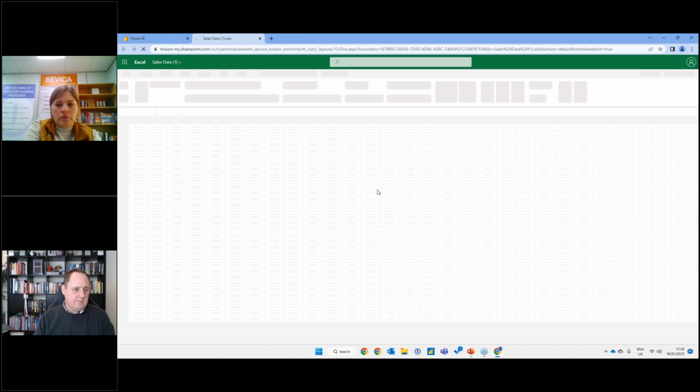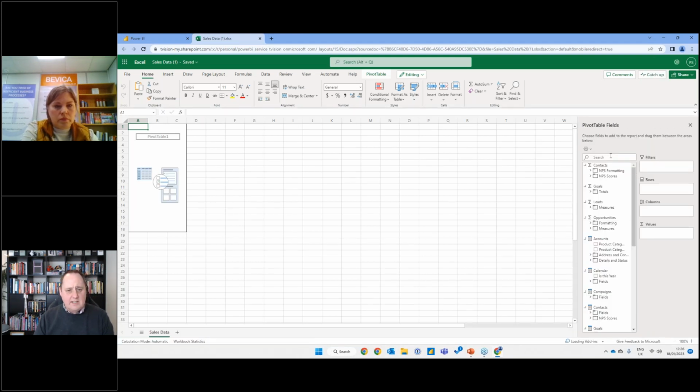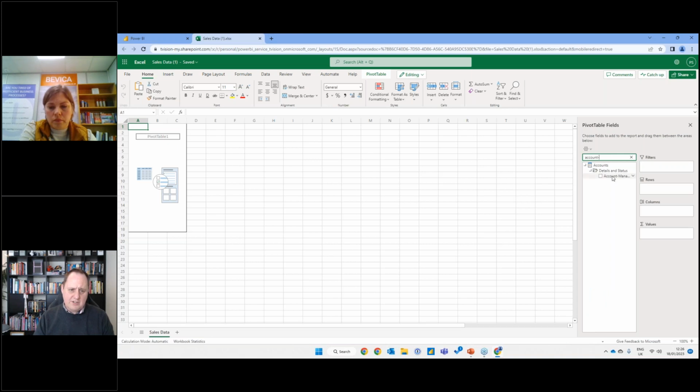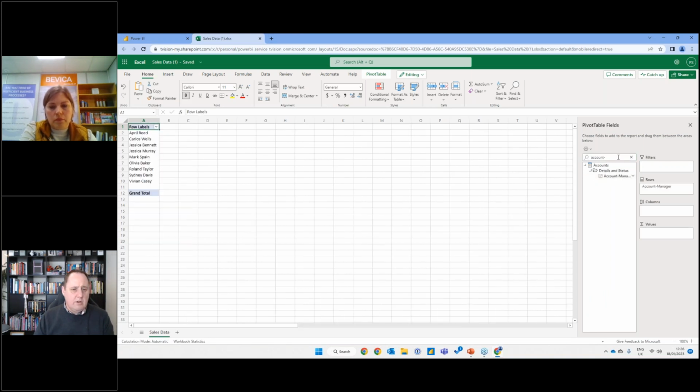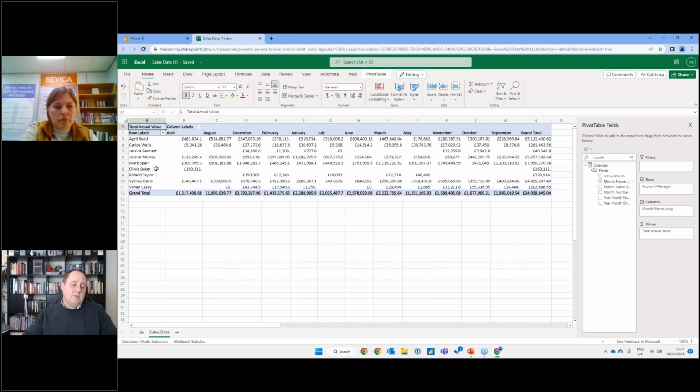And now it will open up an Excel tab. And here I can say I'm going to want account manager, perhaps sales value, and maybe month. So why is that useful? We're using exactly the same data that we see in our dashboards and reports. So to come back to an old but still very valid statement, we've got one version of the truth.